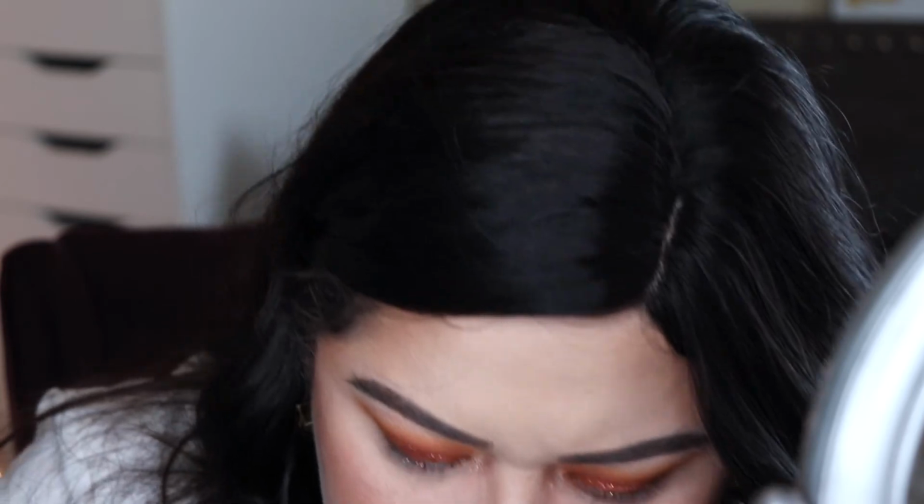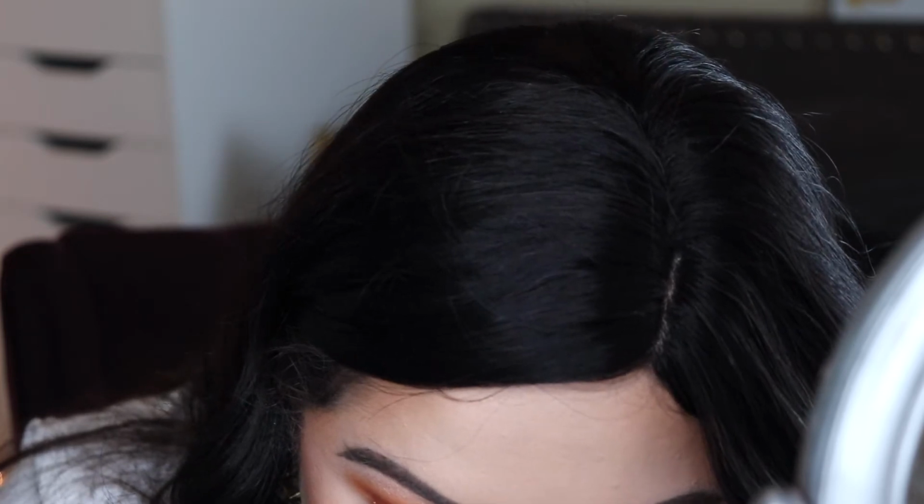Oh, what is this? Oh, I'm not a fan. Oh my gosh. I don't wanna use this. How am I even supposed to use this? What is this? Are you guys ready for this? So I thought it was a black liner. Definitely not. So this is not gonna go with our eye look today, so we're not gonna put that on